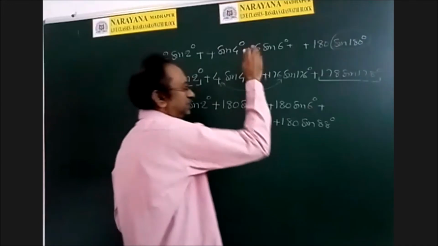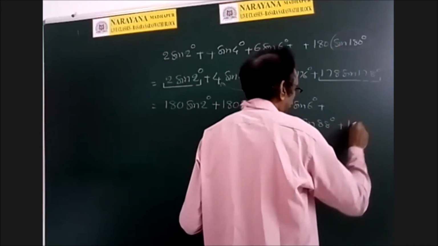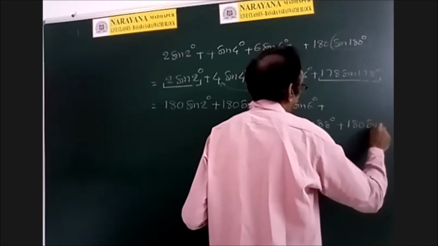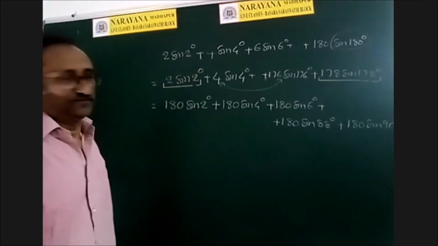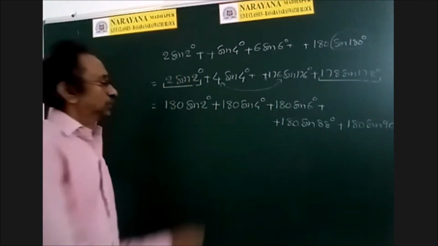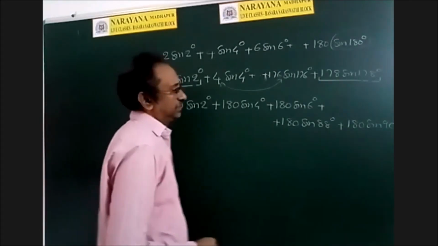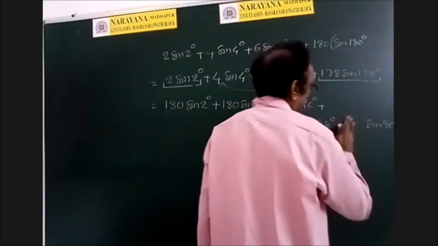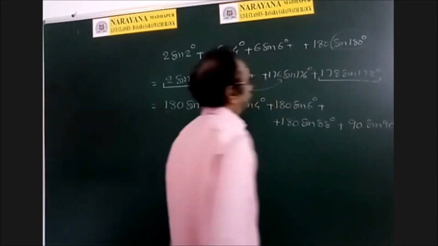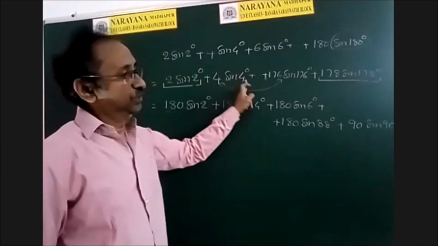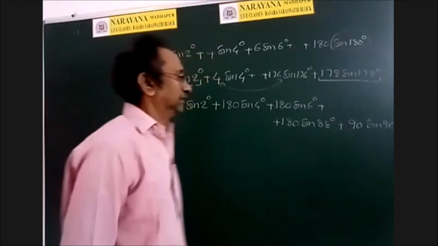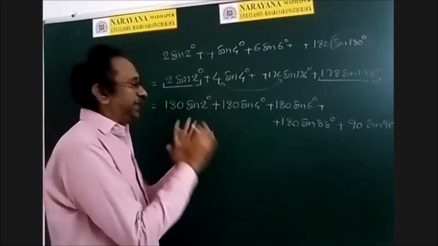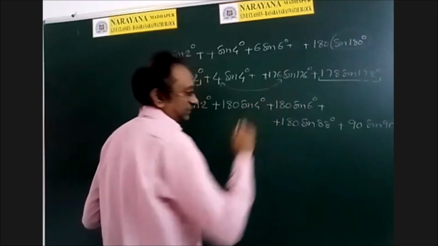So, what is the middle term? The middle term left is 180 sin 90. That is the middle term left. Okay, so see this one, not 180 sin 90. So, what is the middle term? There is 90 sin 90. So, 4 sin 4, 6 sin 6, like that. The middle term will be 90 sin 90, and the remaining terms are paired to get these results like this.